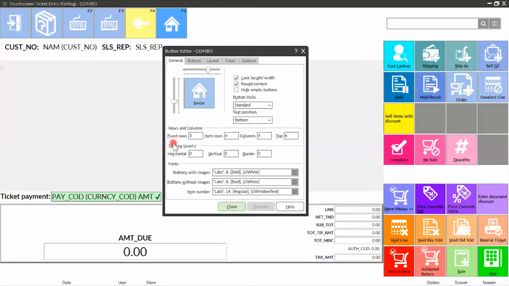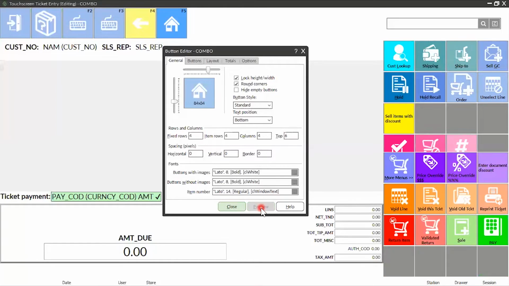Rows and columns. Fixed rows are these rows here. You know, this is a row going left to right. A column is going top to bottom. So if I want to add an additional fixed row, maybe I want 4 fixed rows, I could just put a 4 here and preview, and you can see now I have a fourth row, but